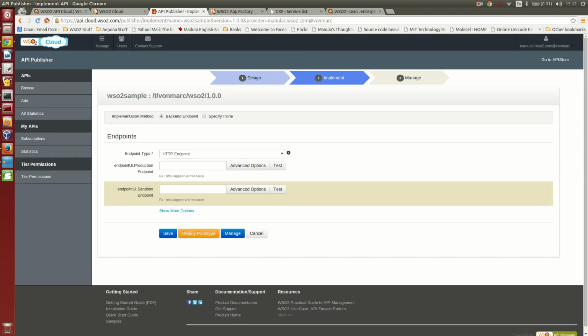So when you click on the implement button, you will be redirected to the implementation. You have to enter the implementation details. Here you can select your API's actual endpoints as an HTTP endpoint or WSDL endpoint and so on. My endpoint is an HTTP endpoint.